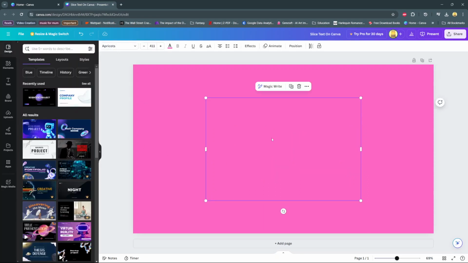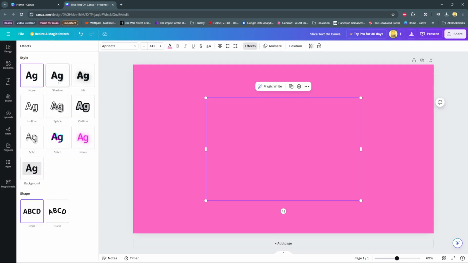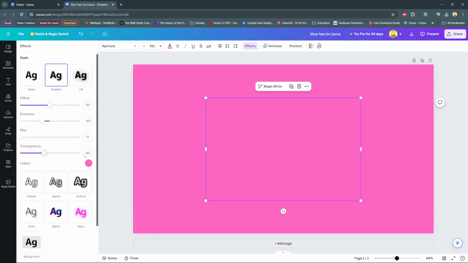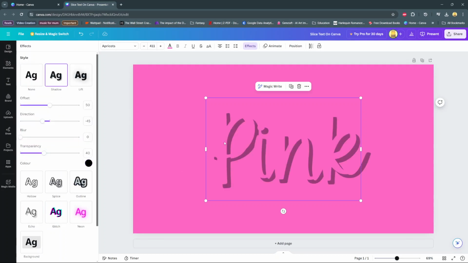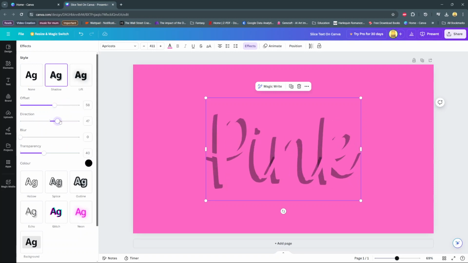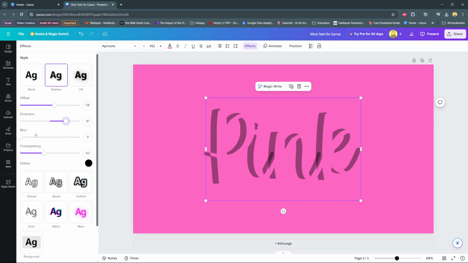Then from here, ensure that the text has been selected and go to Effects. Under Effects, select Shadow, and then change the color of the shadow to black. With the color changed to black, now we can customize the offset. We can change the direction as well as the blur of the shadow, but we want to leave that at a 0. And then the transparency, you don't want the shadow to be transparent, so it should look something like